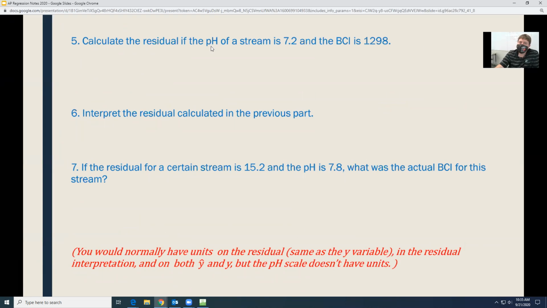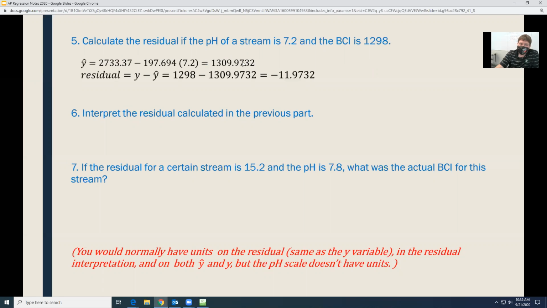All right, number 5. Calculate the residual if your pH of a stream is 7.2 and the actual BCI measurement is 1298. So here's where you take your equation. You plug in 7.2, and it's going to spit out, where did I put my number? 1,309.9732. Yeah, there it is right there. So then I take my actual number, the 1298, minus what my equation said I should have gotten. So like Skylar again said earlier, y minus the y with the hat on it. And that gives me